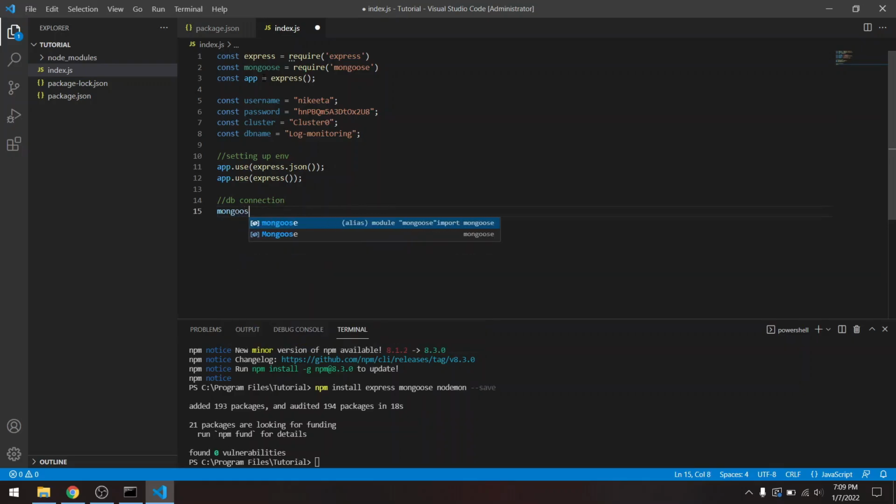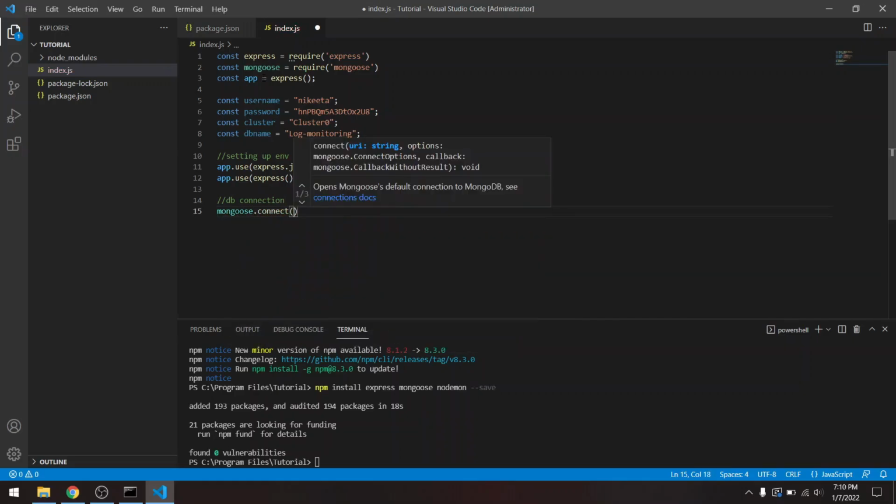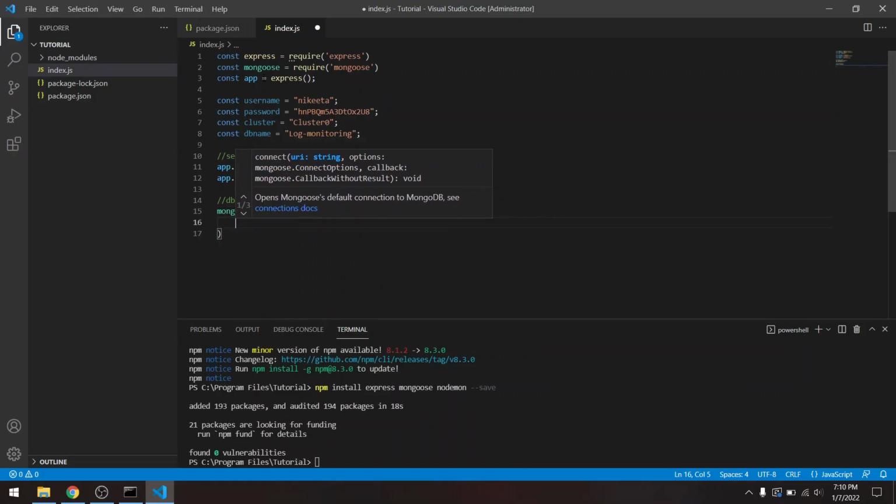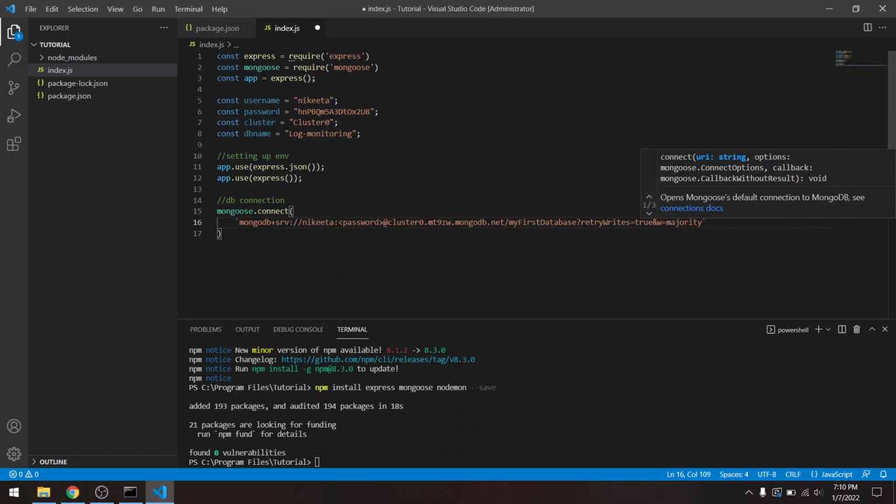So now we'll use mongoose.connect and here backticks, then the URI which we just copied from MongoDB Atlas.